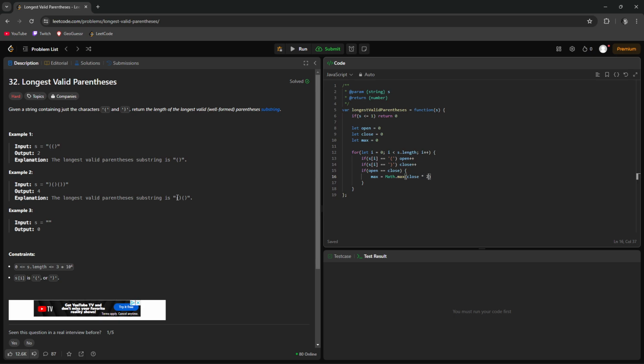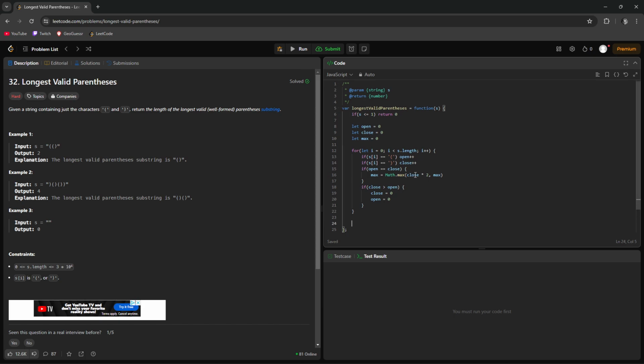And since we're starting from the front, it'll be based on the number of closes compared to the current max to the new number of close times 2. And if close is greater than open, then we have to reset. So we do close,